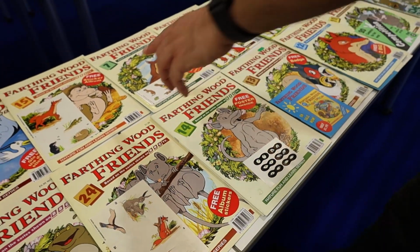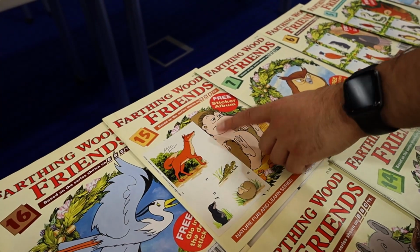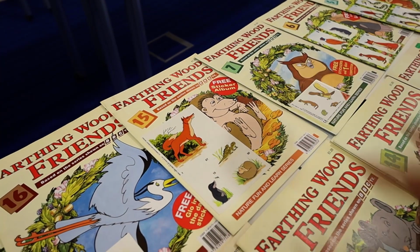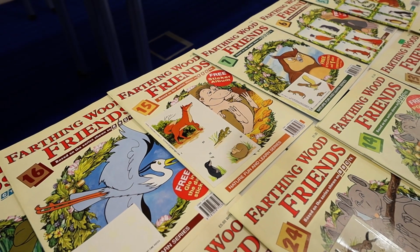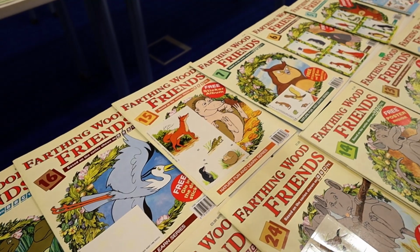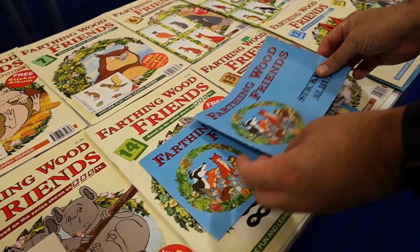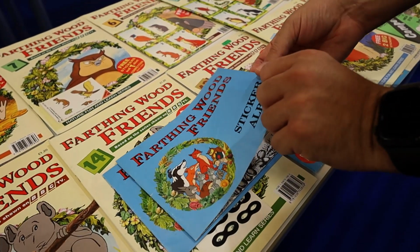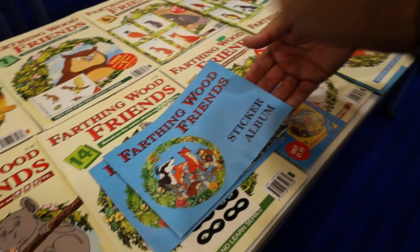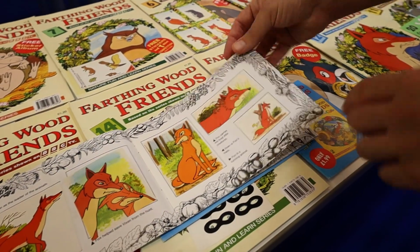Issue 15. Now these were included in a sticker album. So if I show you the first sticker album, so these sticker albums came empty, and the idea was in later issues, the stickers would come and you can stick them in here. This is for Fox,